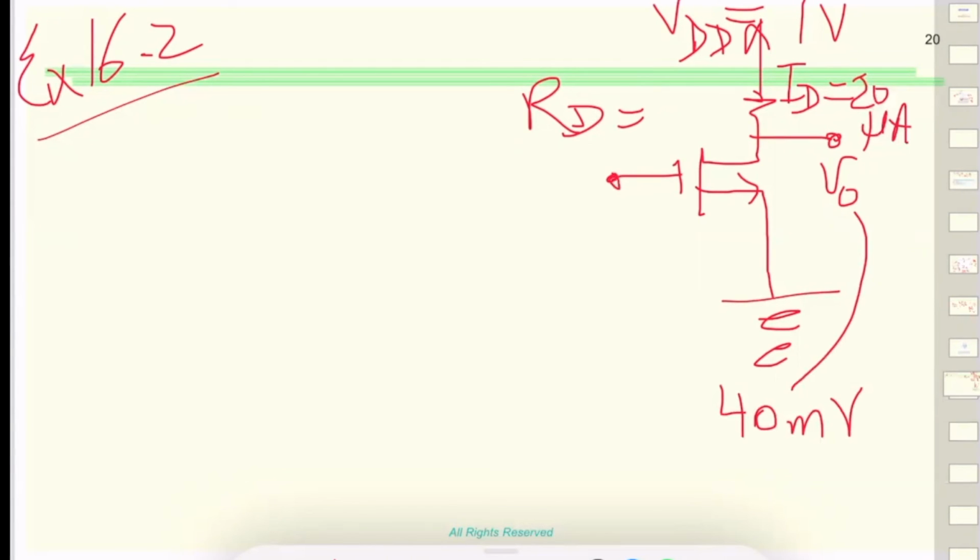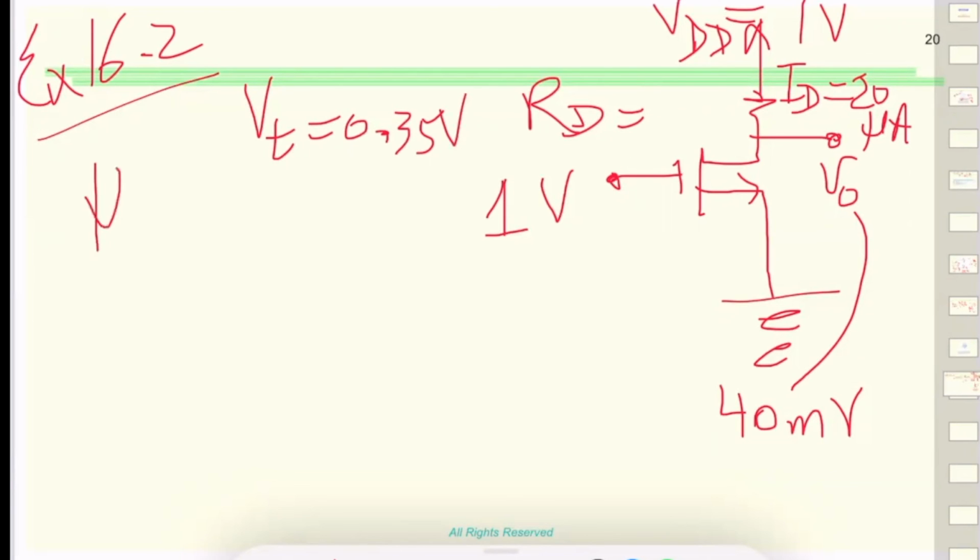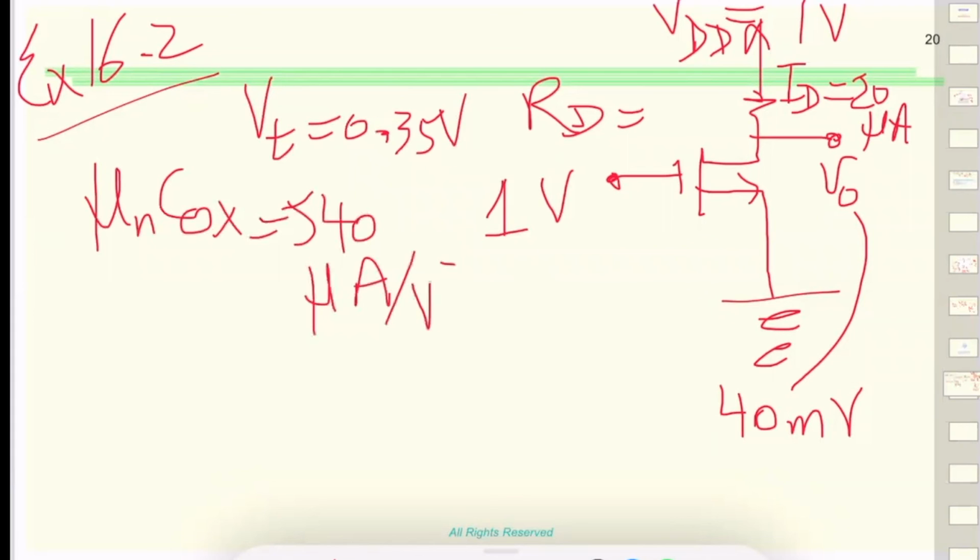The gate is 1 volt. All right. So, to provide output low 40 millivolt and to draw supply current of 20 microamp in the low output state, let the transistor be specified to have VT given 0.35 volt, mu n CMOS transfer characteristics are given as 540 microamp per volt square. Remember, we have to bring the same amperes, which I think are given the same already,